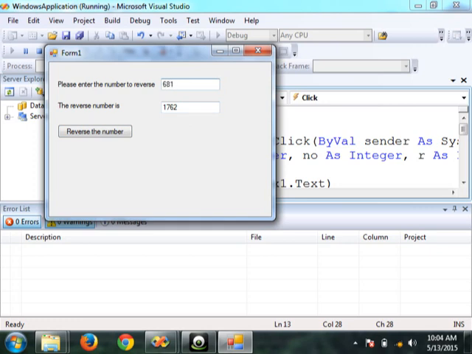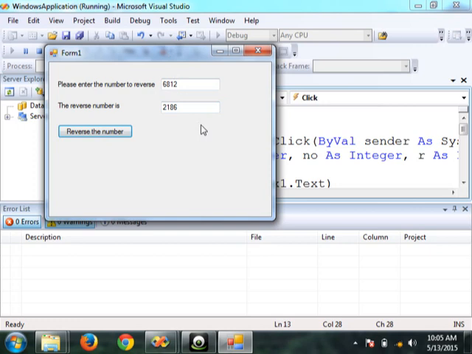Okay, this is the number. Now I am not clicking. Will anything happen? No. So that's what is called an event driven program. If you click here also in that form, say I'm clicking in that form, I'm clicking in this level, I'm clicking in this text box, anything happening? No, because where is the code written? The code is written on the click event of this one. So see, as I am moving on top of this particular button, nothing is happening. Only when I click here, then only it reverses the number. So that is what is called event driven programming.